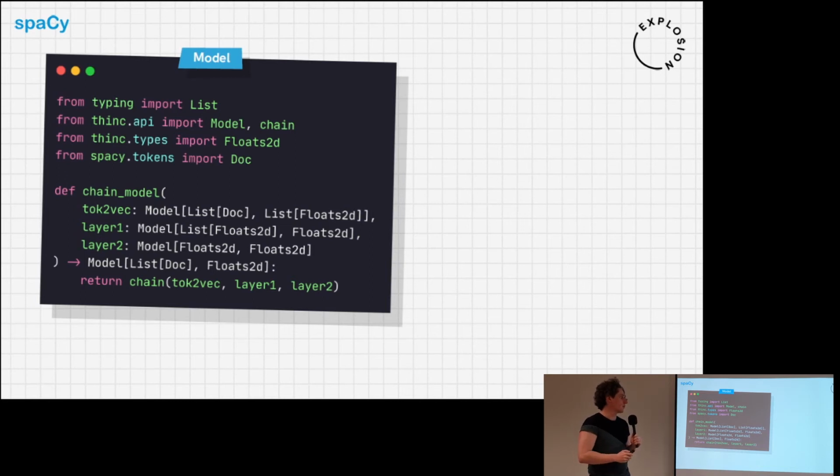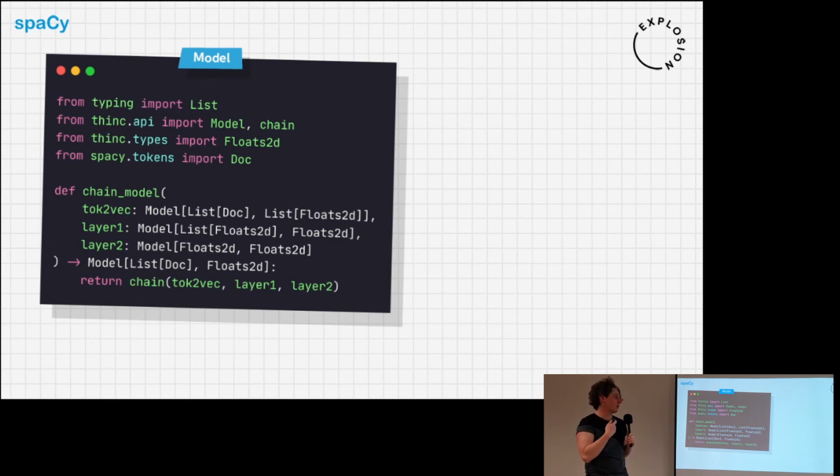And so what you're able to see here is you're able to just read this and see, okay, it's chaining together this tok2vec layer, and then there's this layer 1, which also takes a list of Floats2d and outputs a single Floats2d array, and then the layer after that, you can see that that's transforming the Floats2d into a different Floats2d. And so from this, the function returns a model that takes a list of Docs and outputs the final one at the end, so Floats2d. So you can read this and see, all right, I can see how the logic of this lines up. And in fact, the type checking here works as well.